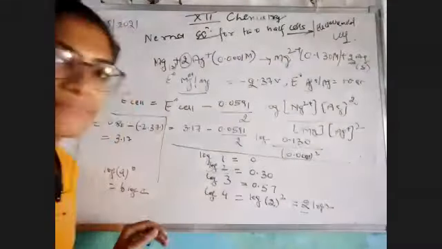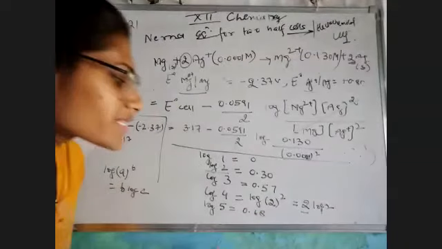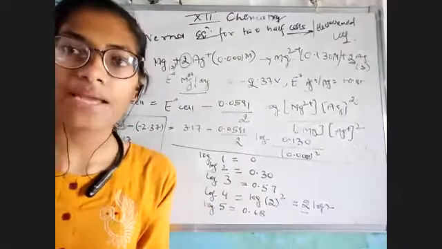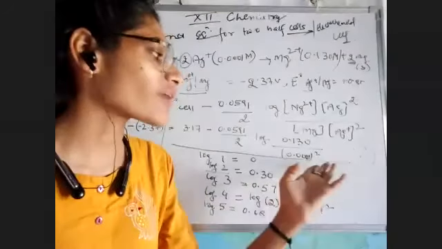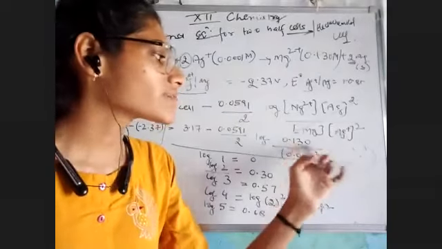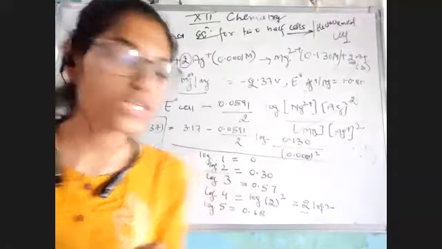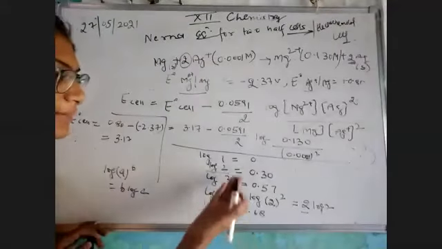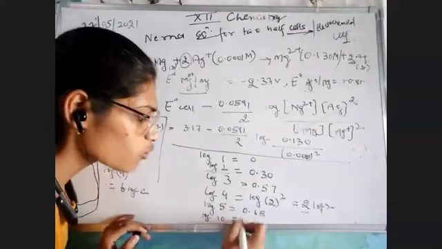Same as it is, log 5 is over there, that is equal to 0.70. Okay, so these five values you have to keep in your mind, because most of the time the question would not be so complex. They put very simple equations, like I have taken the example of log 1, 2, 3, 4, 5. Same as it is, log 10 equals 1.